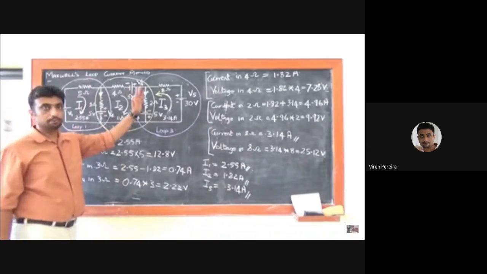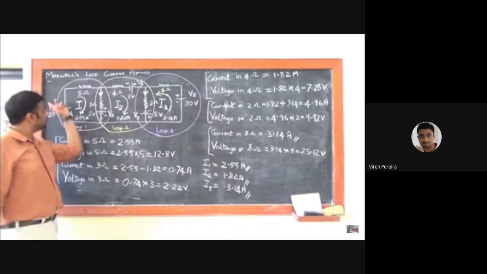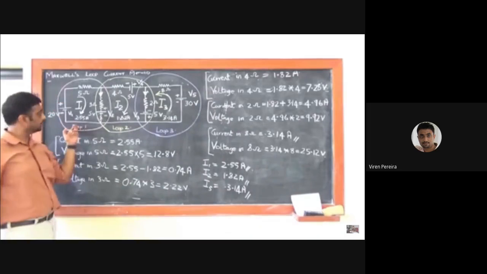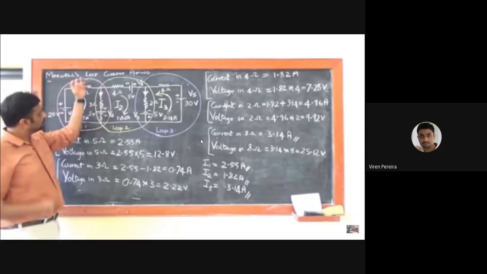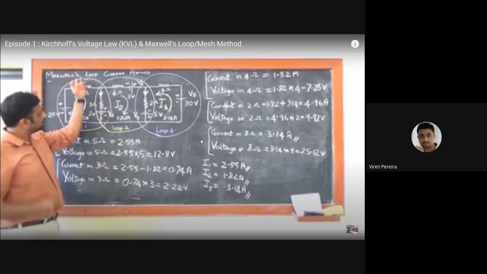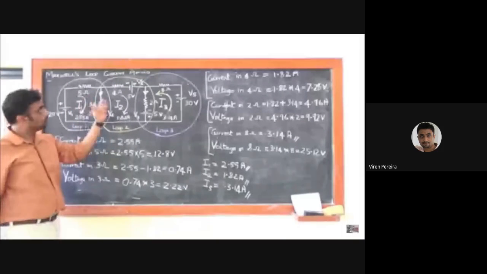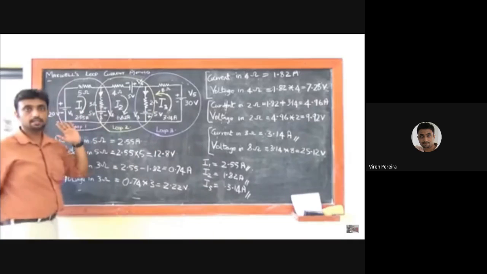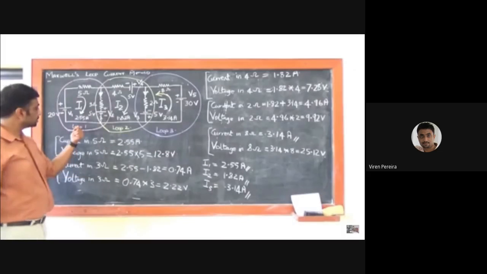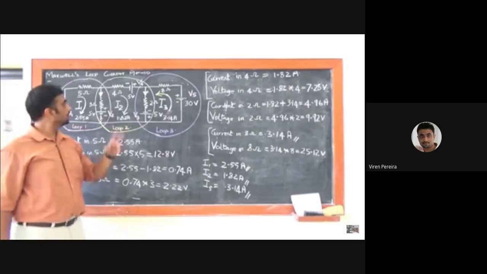I know it is time consuming, but draw your loops. Label loop 1 and draw your circle. For loop 2, draw your circle. Once you have your circles, loop 1, loop 2, loop 3,